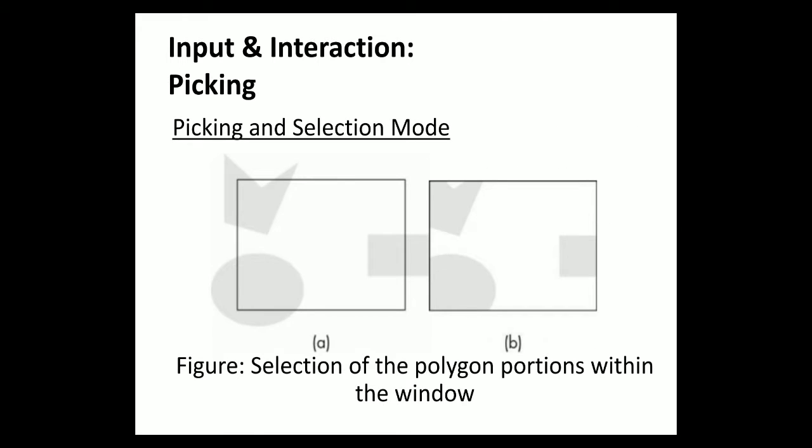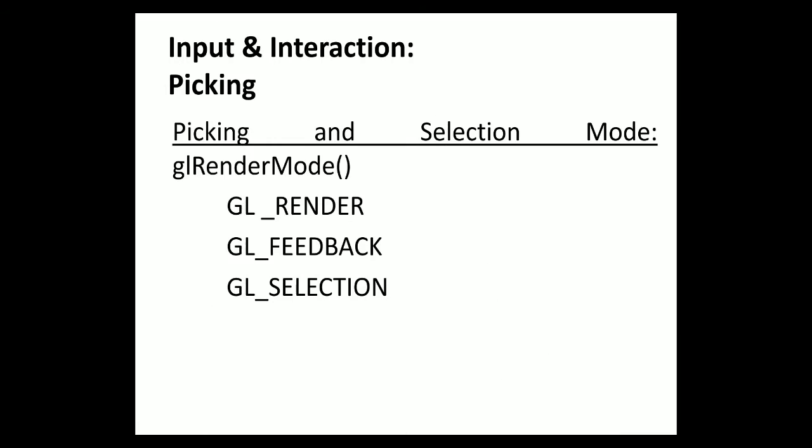Then you have selection mode. In this case, as I told you, selection mode is going to make use of some defined clipping region. So we will be clicking at a particular position, it is going to select that portion from the displayed graphic, and then again it is going to copy the data to the back buffer and then to the front buffer, and then render it on the display window. So it is going to make use of glRenderMode, which takes 3 types of parameters. GL_RENDER is nothing but it is going to just extract those portions of the image and display directly without any signals from the programmer or the program.